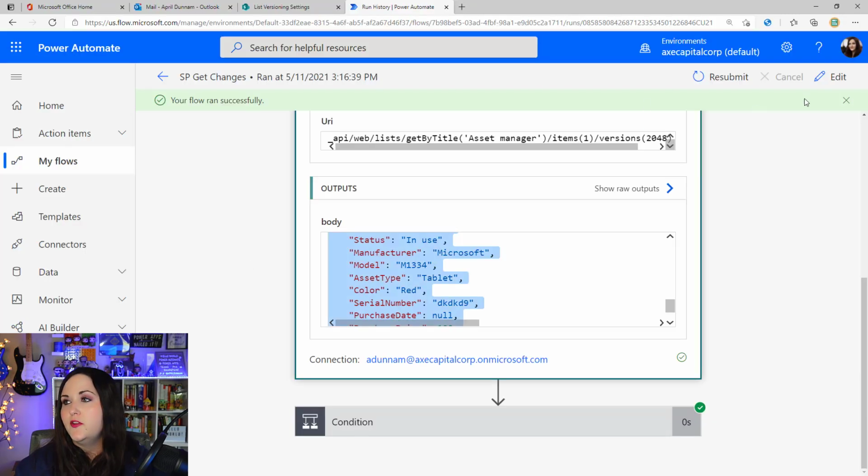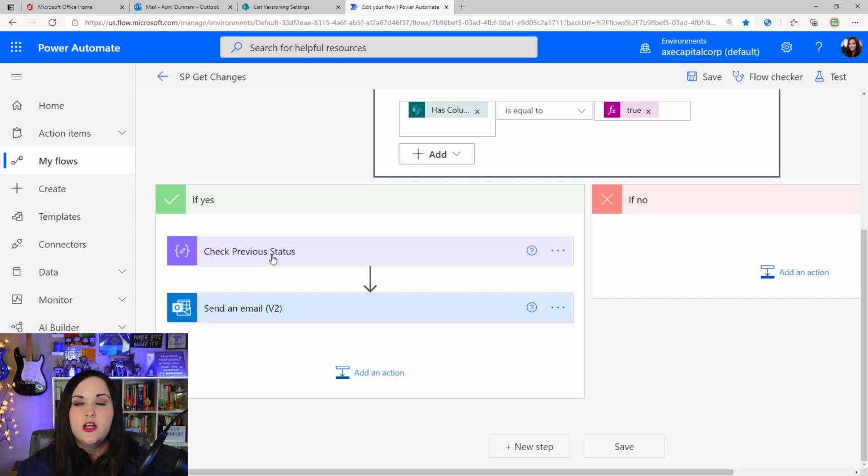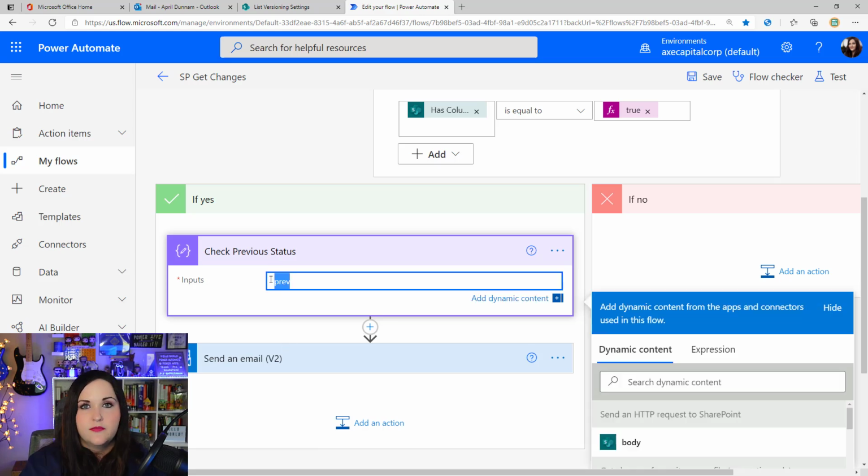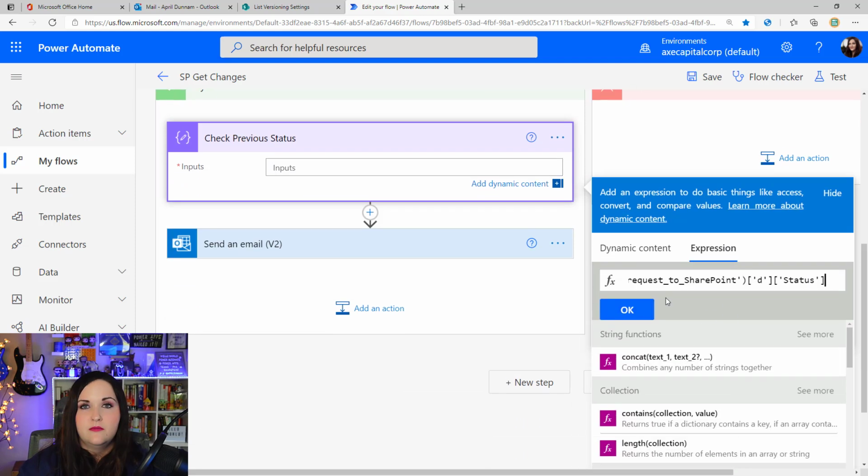We'll go back to our flow's edit mode. And in here in the yes bucket, I have a compose action. I like using these because it really helps from a troubleshooting perspective, especially when you're using a lot of expressions. Sometimes you have a mistype or whatever it might be and your expression doesn't work. It's much easier to tell what's going on if you're leveraging these compose actions and see what's happening in there rather than just doing it all directly, say, in the send email. So in the input property of this compose action, I'm going to click the expression tab, and we'll just paste in that value that we just looked at and click OK.